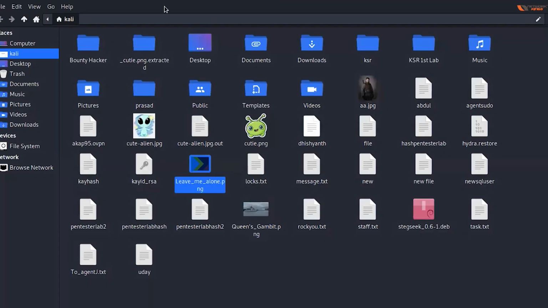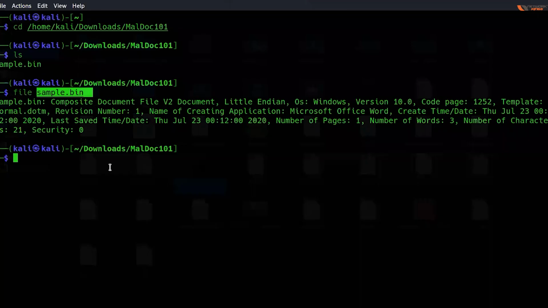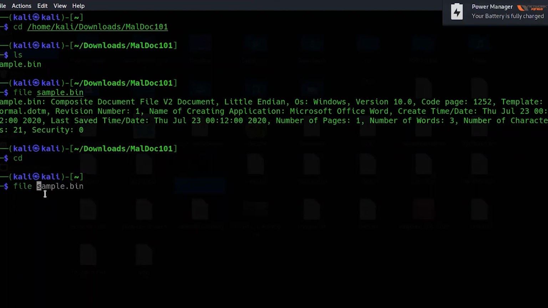Let's look at its file format. By which command will I look at its file format? मैं कौन सी command लगाऊंगा जिससे उसका file format पता चल जाएगा मुझे? अभी बताई मैंने. I just told you guys. Which command am I going to use? File is the command. Okay. File से पता चलेगा मुझे कैसे चलानी है वो. So I'll write file and the name of the image was leavemealone.png.